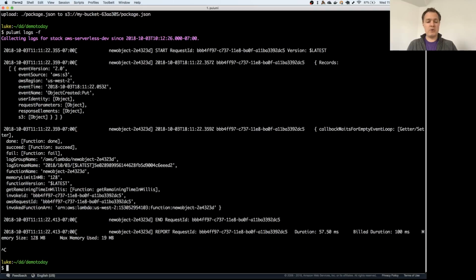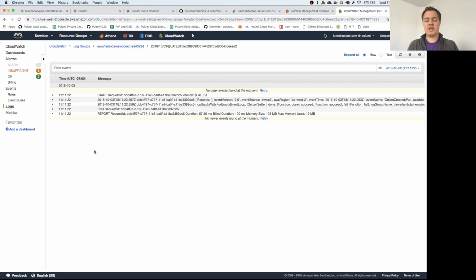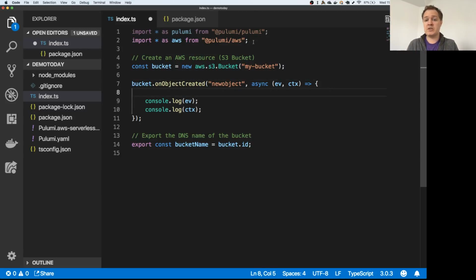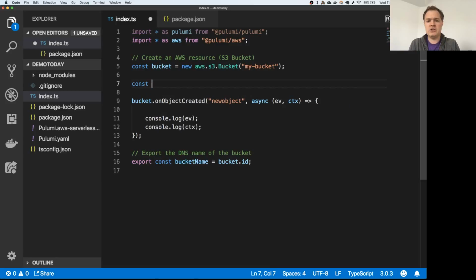So here we go. We've just deployed a really simple serverless application to AWS using these really nice built-ins like onObjectCreated. Of course, we can go a lot further here if we want, right? So we can do things like inside here, we could go and use the AWS SDK, and we could use that to get the contents of that object and do something with it. We can also, of course, because we have full access to everything in AWS, we could do something like create a new